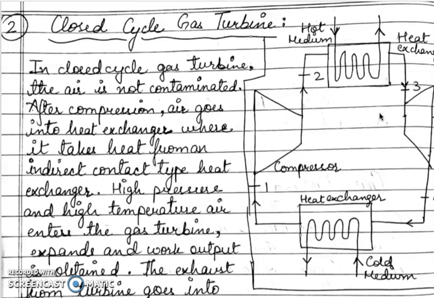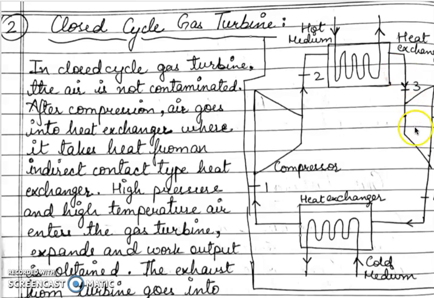So what will be done here is the fresh air will be compressed, then it will be sent to a heat exchanger which will have a hot medium flowing inside some pipes, and the air coming from the compressor will take heat from this hot medium without coming in contact with the medium and get heated, and then it will be sent to the turbine. So this is an indirect type heat exchanger which is used for heating the air rather than the combustion chamber in